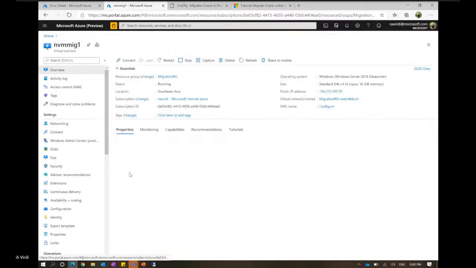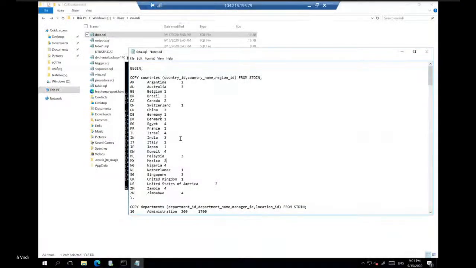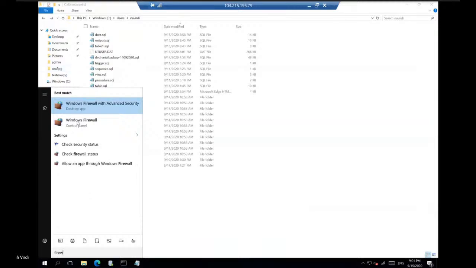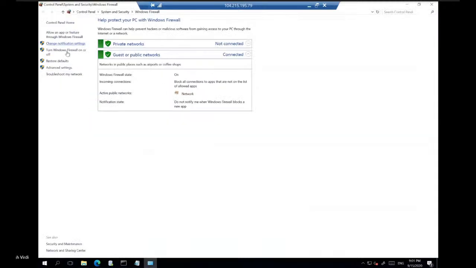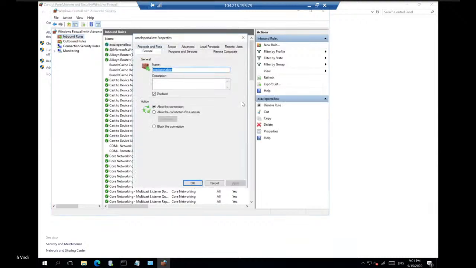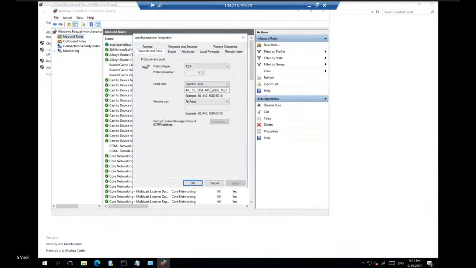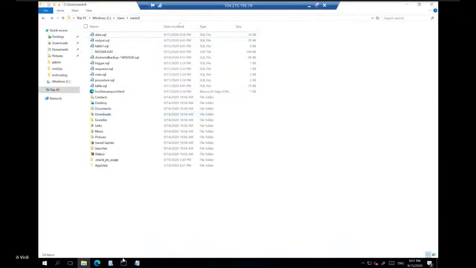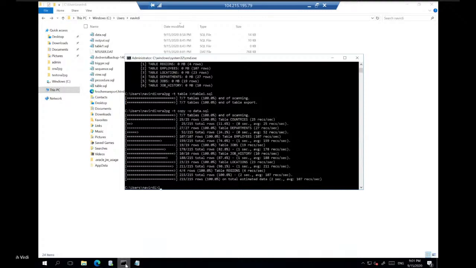The other thing which you need to take care of is the firewall in your VM. Within the firewall, I have already enabled my inbound rule where I'm allowing all the ports from DMS, as well as the ones which will connect to the DMS. So all these things you need to make sure are up. You need to make sure that your listener is also up.